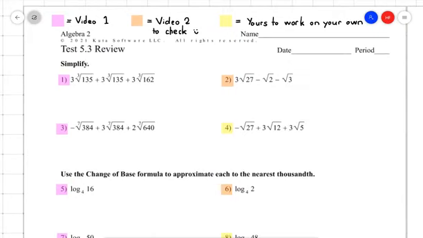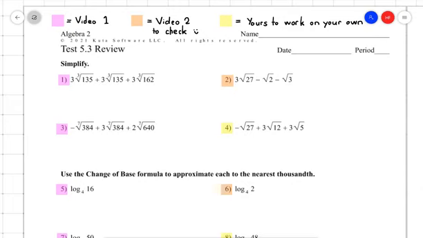So on the first section, we are adding and subtracting our radical expressions. So remember, whenever we're adding and subtracting, we have to make sure that what is inside is the same. So we are going to simplify first and then add and subtract. So we'll use our calculator and take the prime factors of each of those. So I'm going to do 135 first,